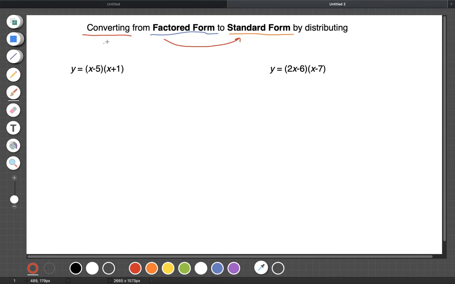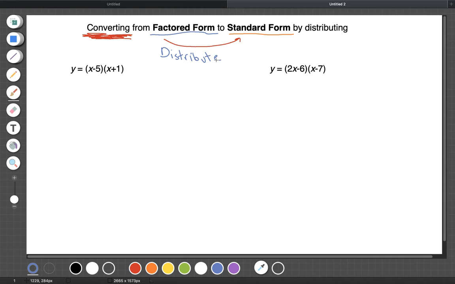And we're actually going to be talking a ton about converting between different forms of the quadratic equation this unit. In fact, that's mostly what this unit is focused on. Now, we're going to start with the easy one, though. So converting from factored form to standard form is pretty easy because all you need to do is distribute. Okay, and so if you look at this first example,